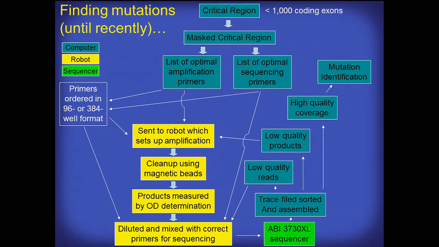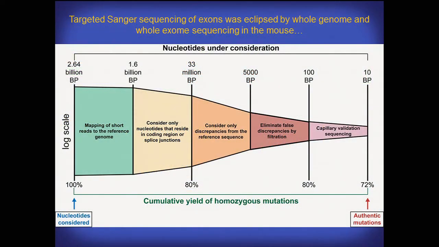If you didn't find it, it would tell you the degree of coverage, and a second iteration could be done to go back and try to find what you had missed. Even this got to be obsolete, although we did use it to find as many as 50 or so mutations in our best years. More recently, if one had a mutation and one was really sure that it was recessive,